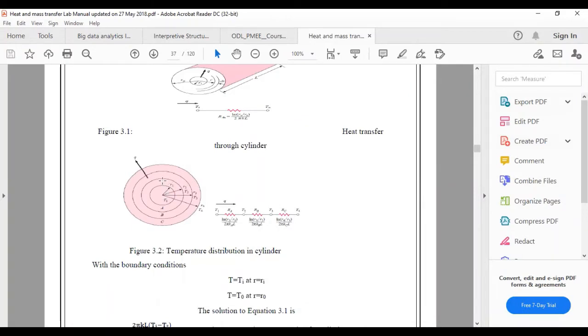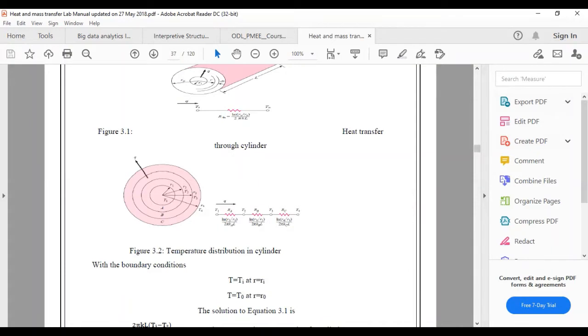Now you can see that at different radii, R1, R2, R3, R4 and so on, we have attached different sensors which measure the temperature at each section. These sensors are called thermocouples. On our apparatus we have attached 6 different thermocouples at 6 different radii, so that they provide us the temperature readings at the different radii.